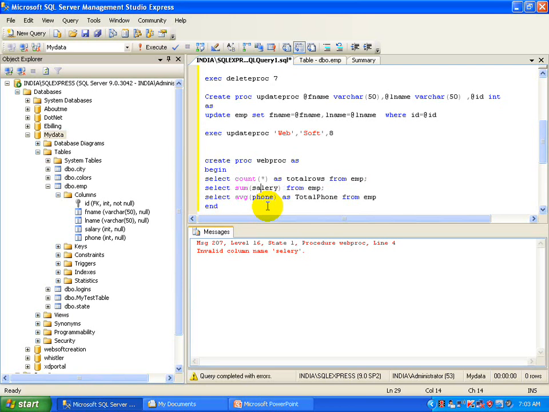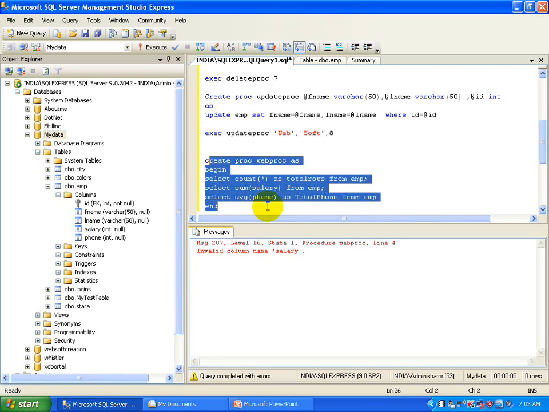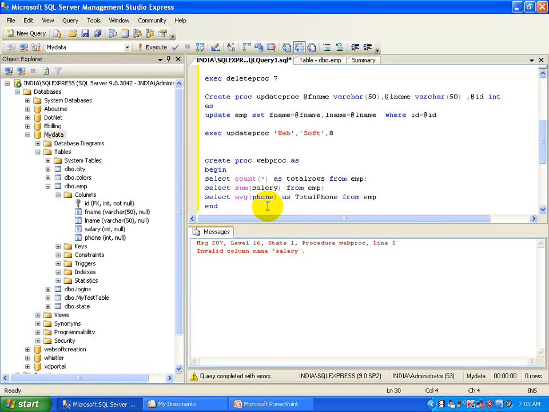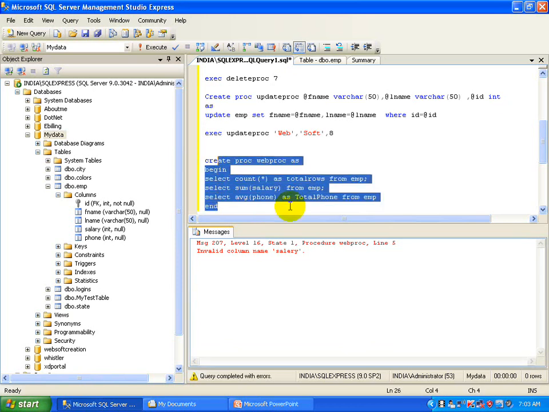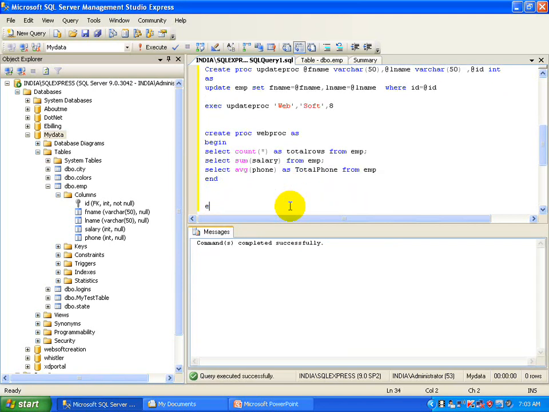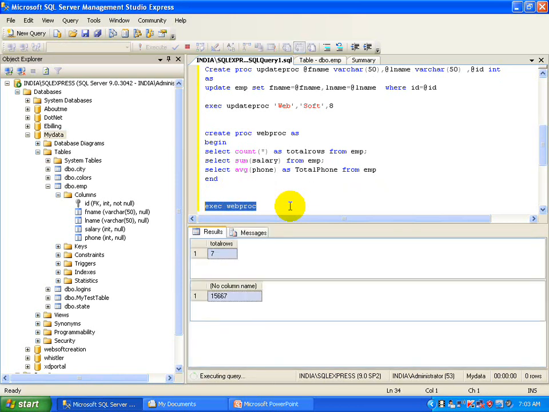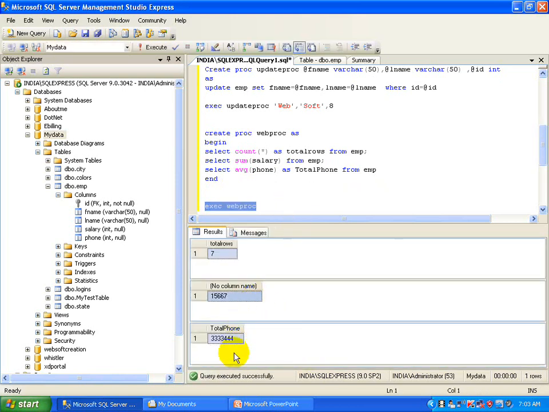The spelling of salary is wrong. Sorry. Okay. Now exec web proc. So you are getting the full output.